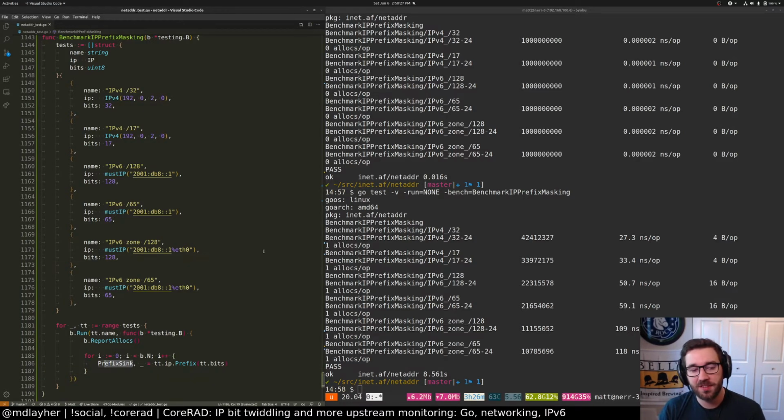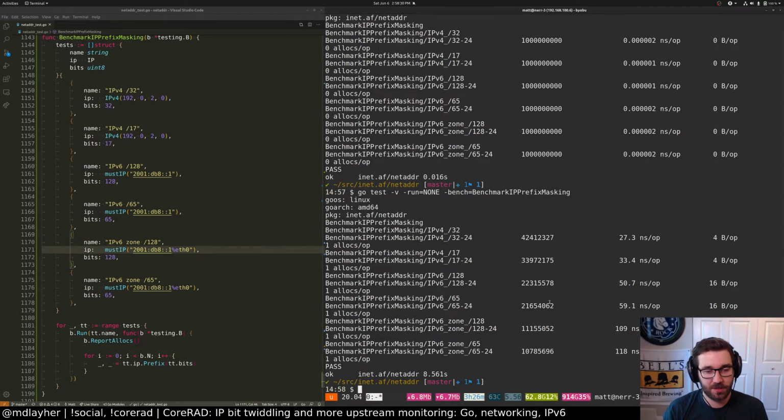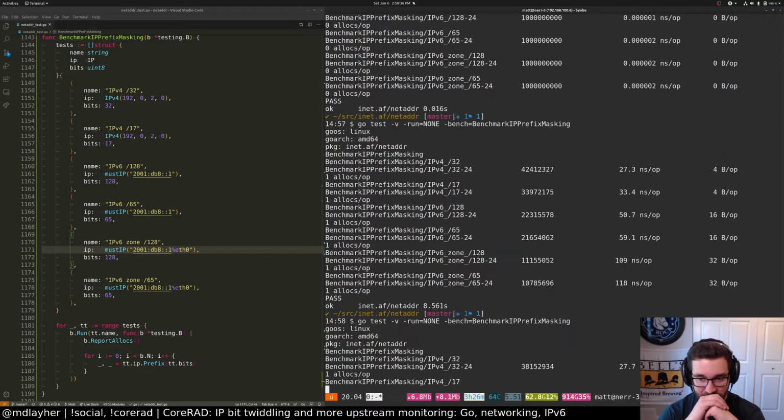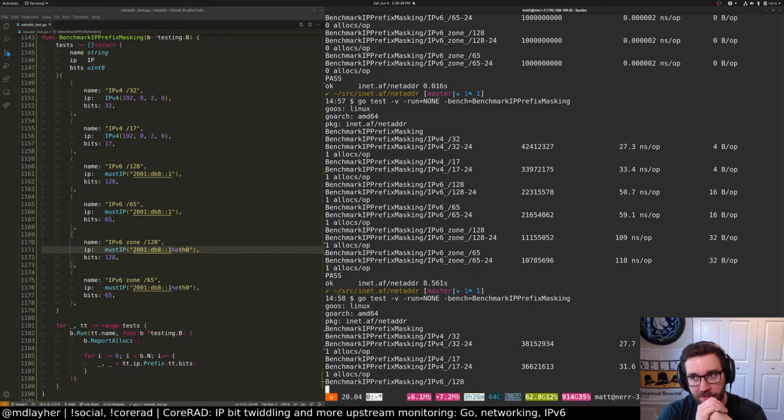Do I still need this? Let's just, out of curiosity. Makes sense. We're seeing the effect of the CPU branch predictor. Yeah, that's wild. We do not need the exported variable.